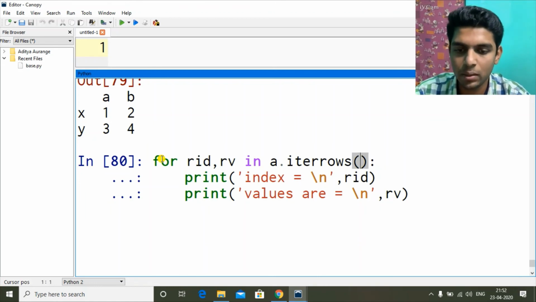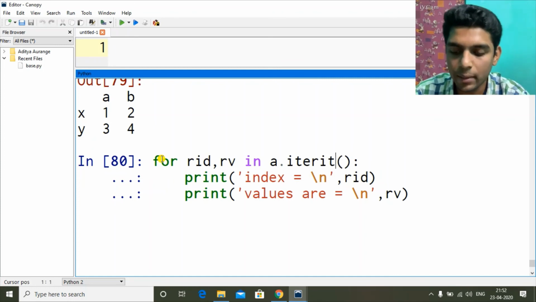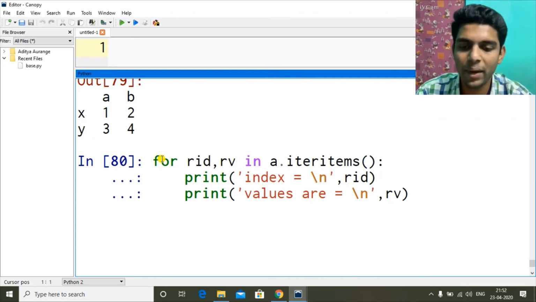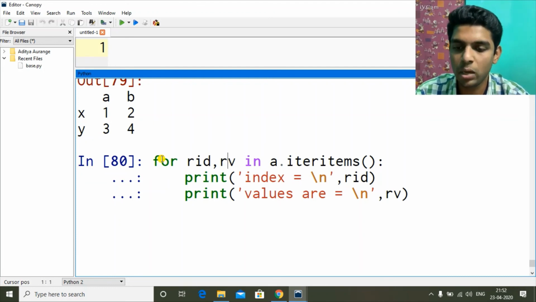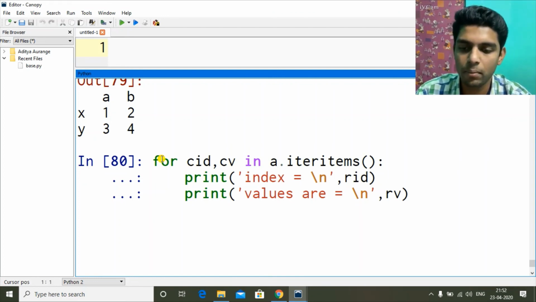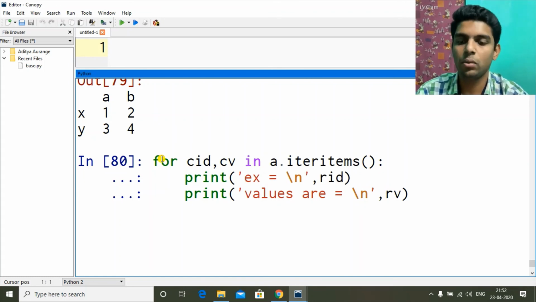So same thing here, I have to change this to iter items. It would have been better if it said iter cols. So instead of row index, we have column name and column values. That's a representation only; the name could have been anything.